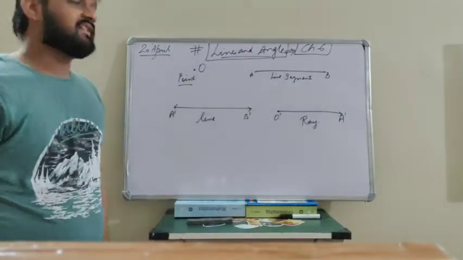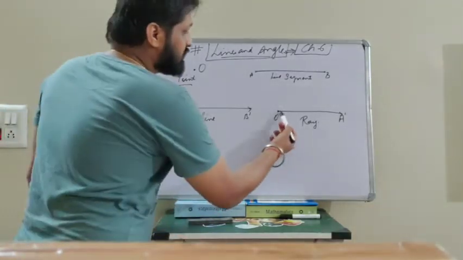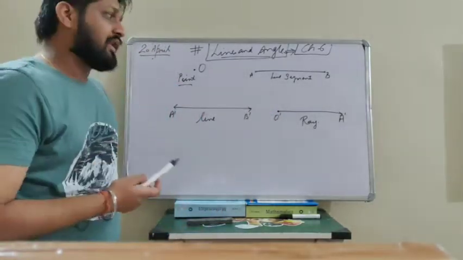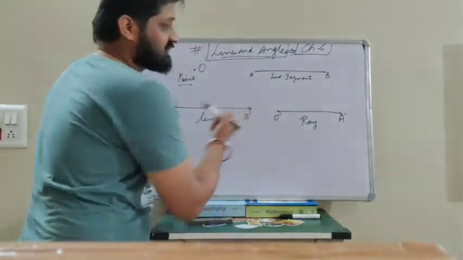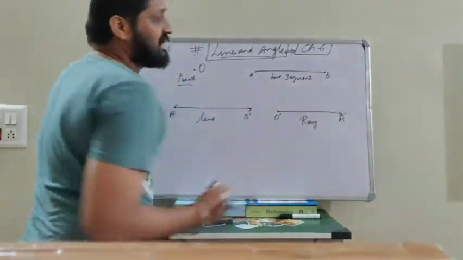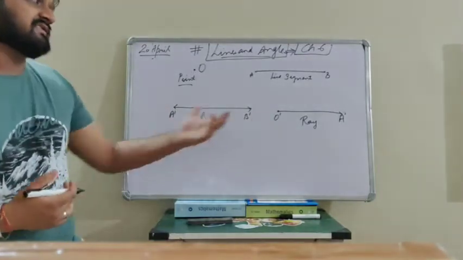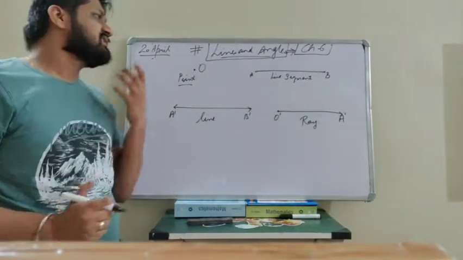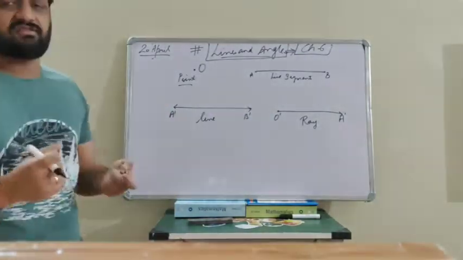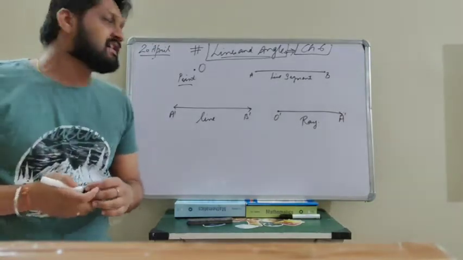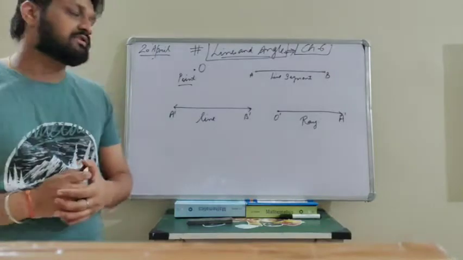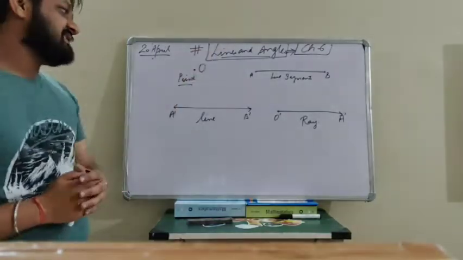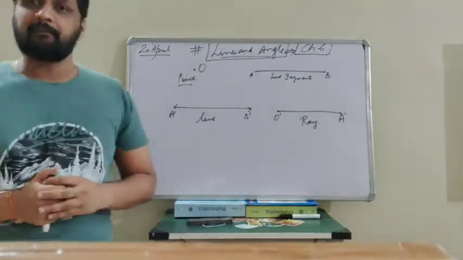The fourth is the ray. The ray is basically, it has one endpoint and the other we can extend it. For example, this is the endpoint, that is O dash, and here from A dash we can extend it. So this is considered as the ray. So these are the 4 basic terms that we have discussed till now in the chapter lines and angles. We have already discussed these 4 terms in the previous class also. First, what is point, then the line segment, then line, and what do you mean by the term ray?